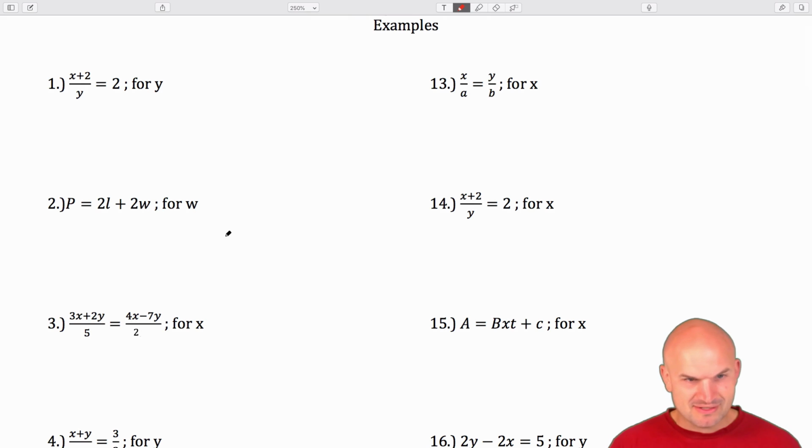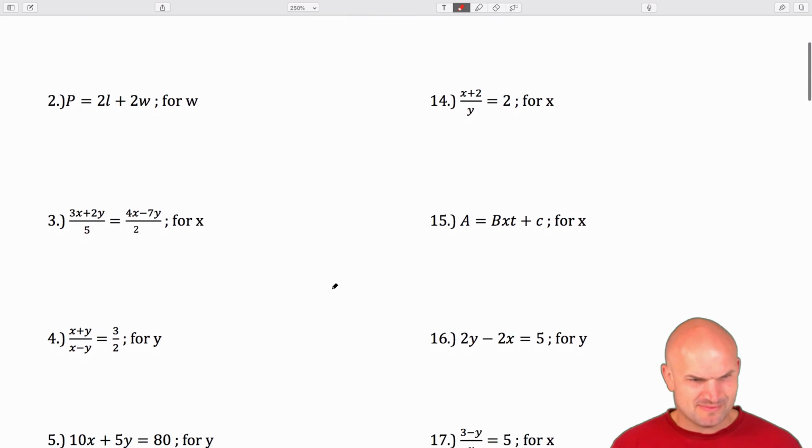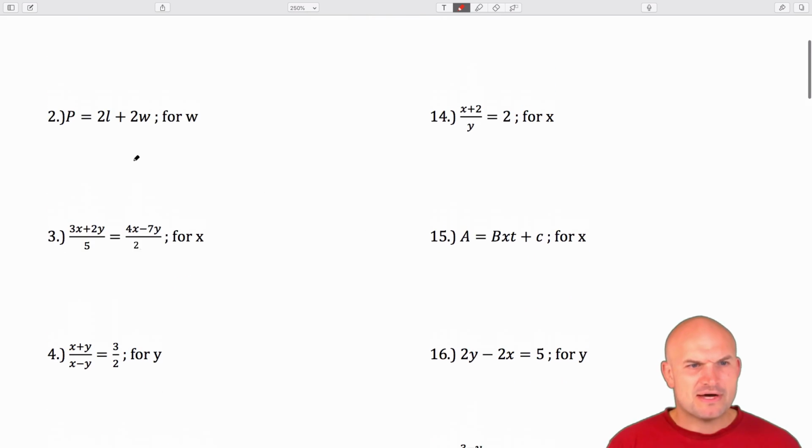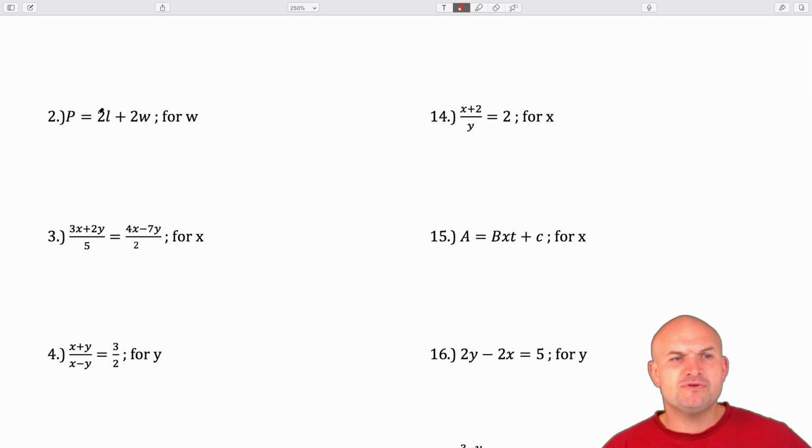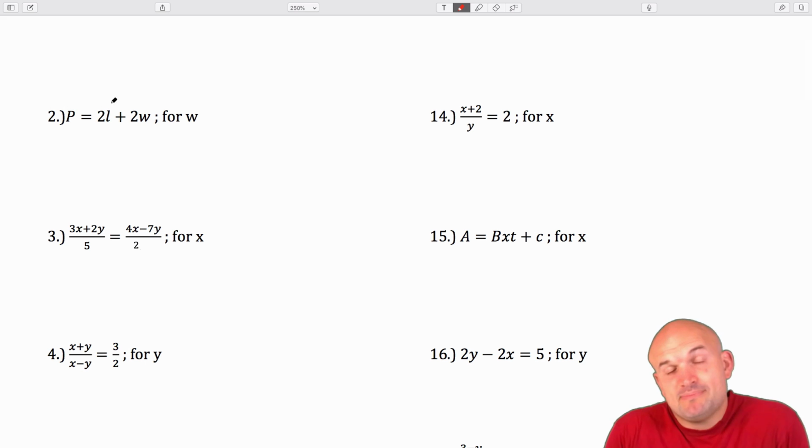All right, so I'm just going to skip ahead to some of these probably easier ones. Let's go ahead and work on number 2 here. Not sure how this order came about. If I want to solve for w, we have 2 other variables, p and l. We don't know what p and l represent, nor do we know what w is, but we know we need